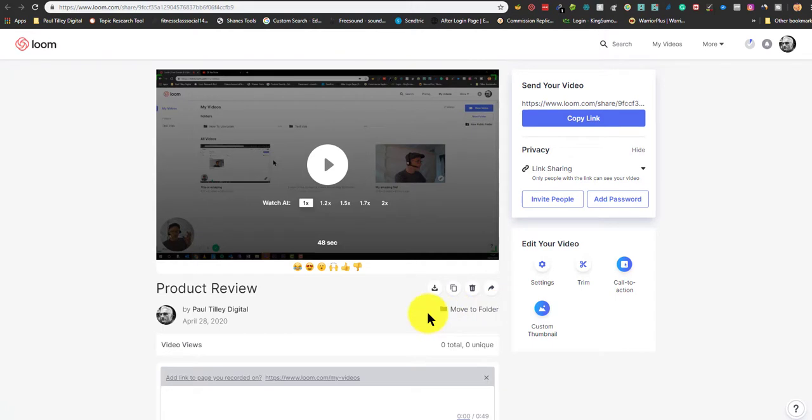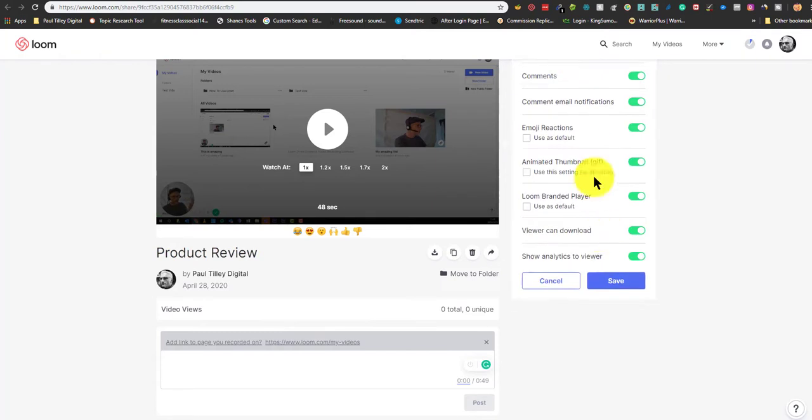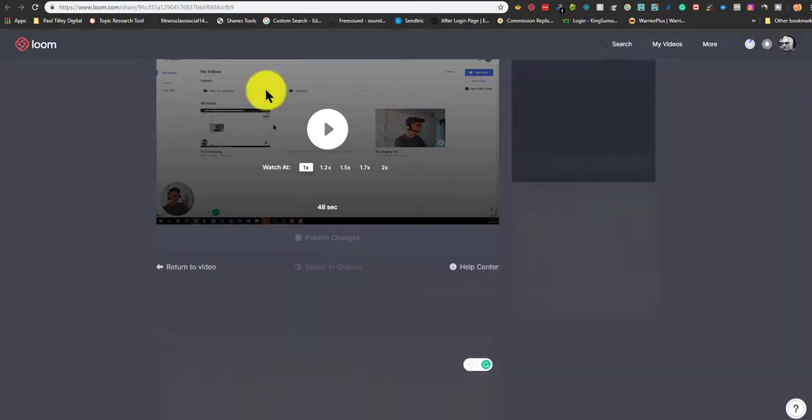Now the other thing that I really like is if you're reviewing a page, and let's say it's an Amazon product for example, and it has your affiliate link, then you could directly copy this link and have it, the one that you're talking about. You can change some of the settings here. You can trim it. This is very basic